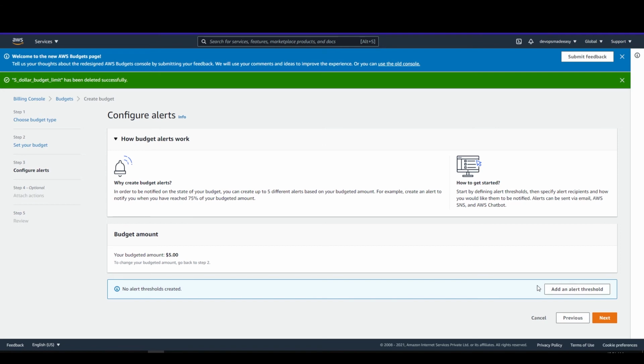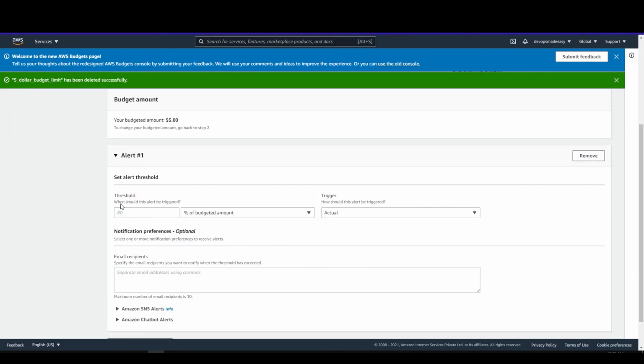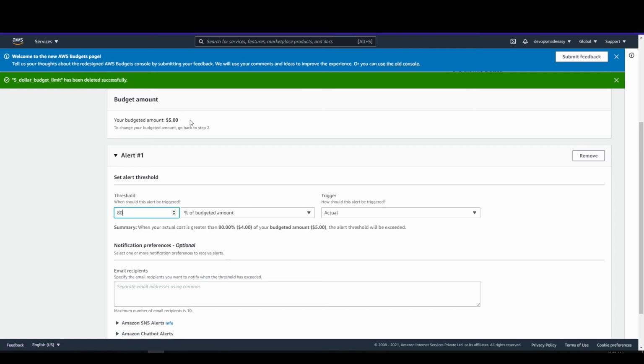So I'll add an alert threshold. I want my alerts to be triggered at 80% of the set value. Since my budget is set to $5, whenever I reach $4, I want AWS to alert me. So I'll set the threshold as 80.